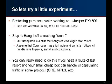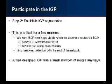A lot of the reasons why you'd want to hang it off something that has a full-size FIB is because you're going to have to route to things back internally. There's ways you can kind of get around that by encapsulating traffic and sending it to another router. But for the purpose of this, we'll just hang it off something that's smart. The other part is you definitely want this cheap box, whatever it is going to be,